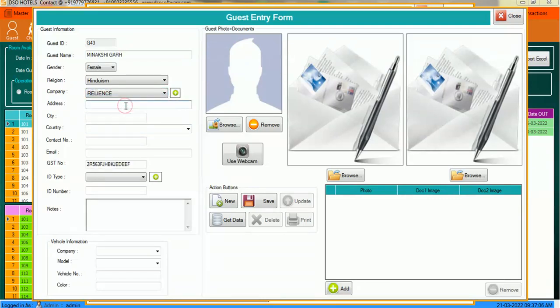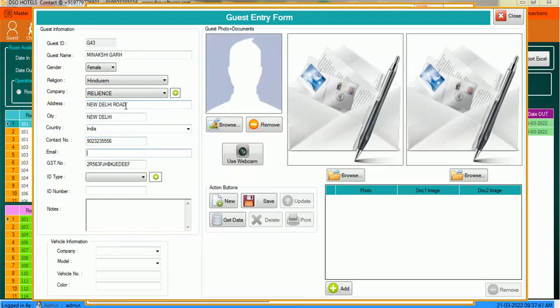And put the address, city, country. For example, if you have guests coming from other countries, you can maintain that here too. Contact number: if you want to send your guest a welcome message or a check-in, check-out message, put the number here in the guest entry form, and the message will go to that number.